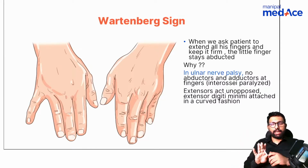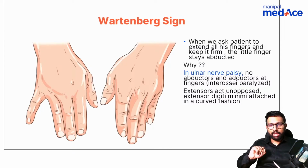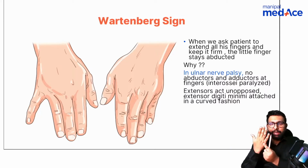See, Wartenberg sign: you ask the patient to keep his fingers extended and keep them on the table. When he does that and there is an ulnar nerve injury, because interossei are paralyzed, this movement of extension is because of only extensor muscles. These extensor muscles are acting unopposed, and because the root of this extensor digiti minimi is a